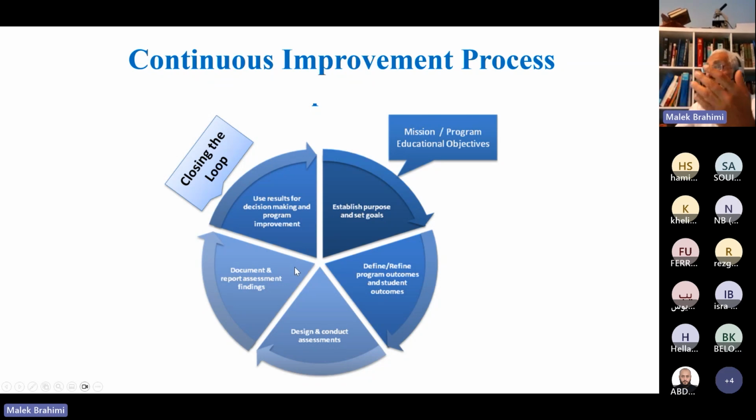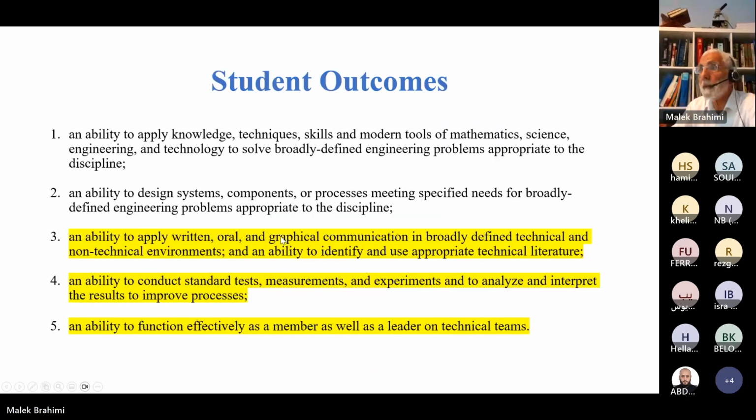Maybe when you correct an exam for the students and you see maybe 50% of the students in class failed. Here, you're going to raise a flag, of course. You're going to say why they failed. Let's see where they are weak. So you'll see the exam. Maybe which student outcome they mess up in. Maybe the 1, maybe the 2, maybe 3, maybe 4. He's going to analyze it and see where is the problem for the students. So we have less than 50% succeeded in the exam. So he's going to correct it.